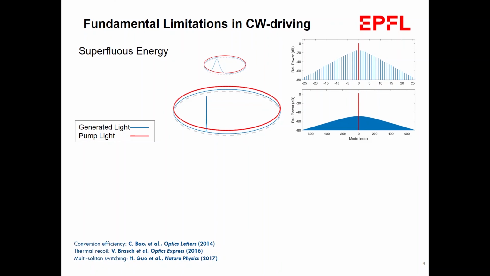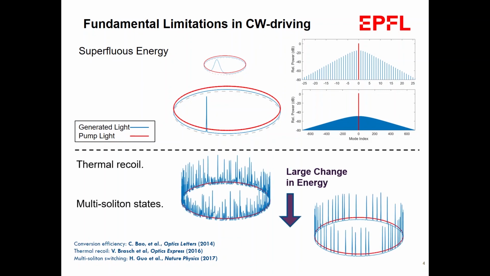But if we wanted 1,000 comb lines, this corresponds to this situation, where we have a resonator with a very low normalized dispersion, allowing an extremely narrow pulse to be formed. But because the energy of that pulse relies on the overlap with the pump, this is really inefficient, as you can imagine by just looking at this and just looking at this. And this has always been a problem for us, particularly because, and this could be modeled,